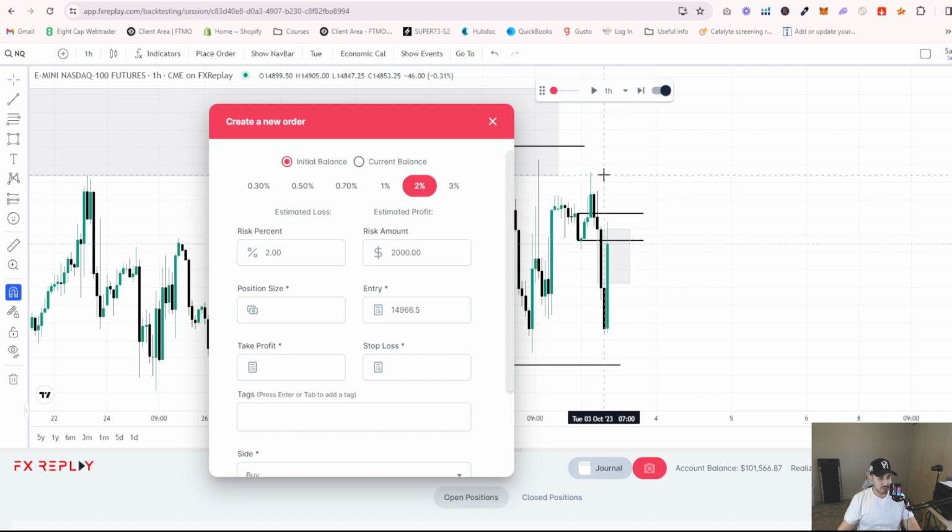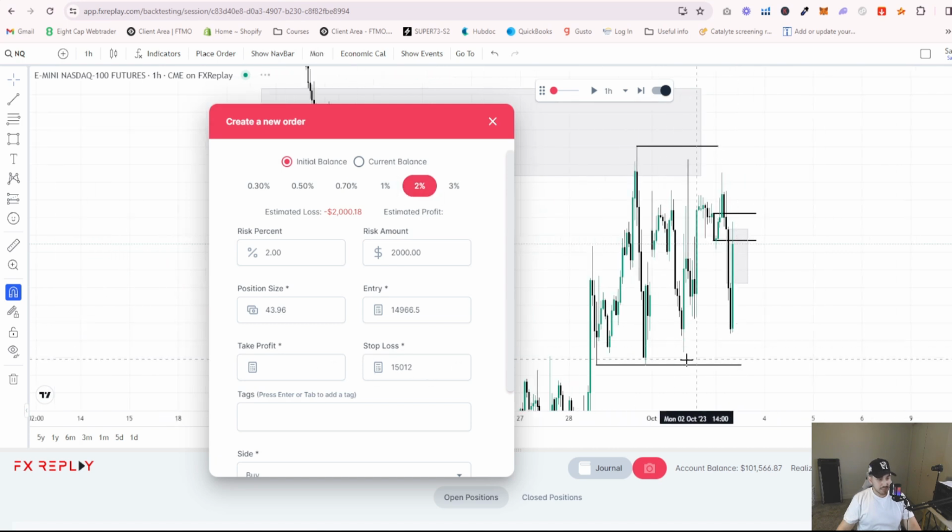And if you want extra wiggle room, you could place it above the swing high here. So I'm going to place it above this high right here. I don't want too much wiggle room right now. So let's go. Entry is going to be market. Stop loss is going to be 15,012, risking about $343. So actually, if we do 2%, we'll do 2%,